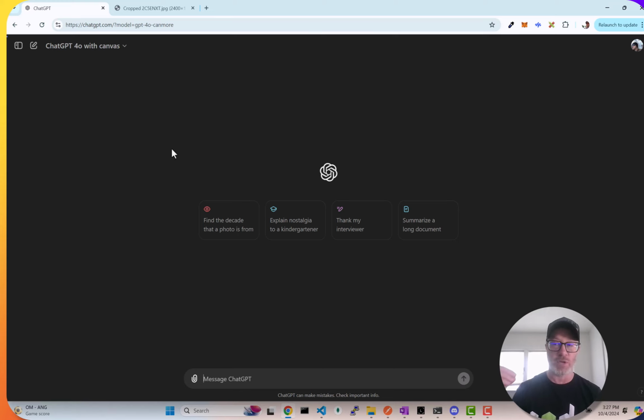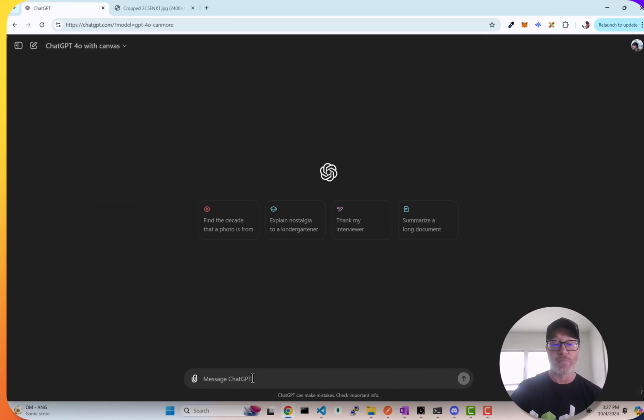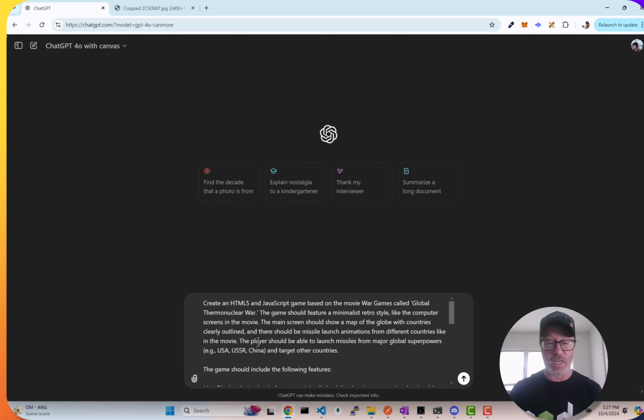Canvas allows you to edit code files directly inside of ChatGPT. So when you have ChatGPT Pro, you can select the GPT-4o with Canvas model, which is currently in beta. And what I did is I went ahead and created a prompt to kind of outline what the game